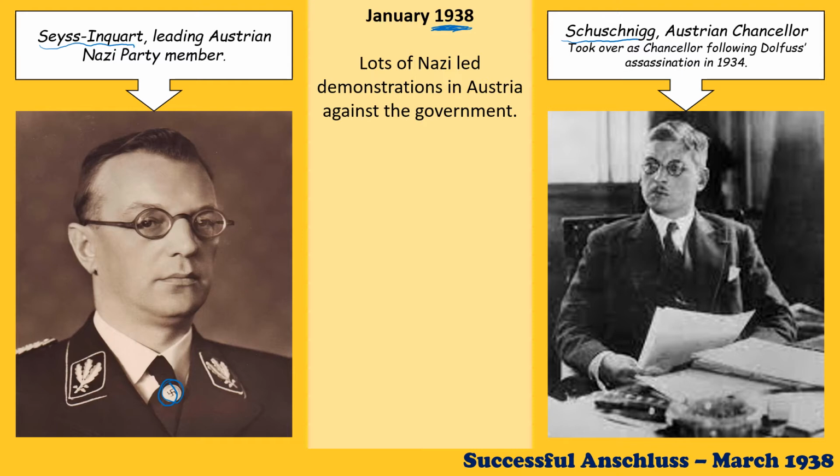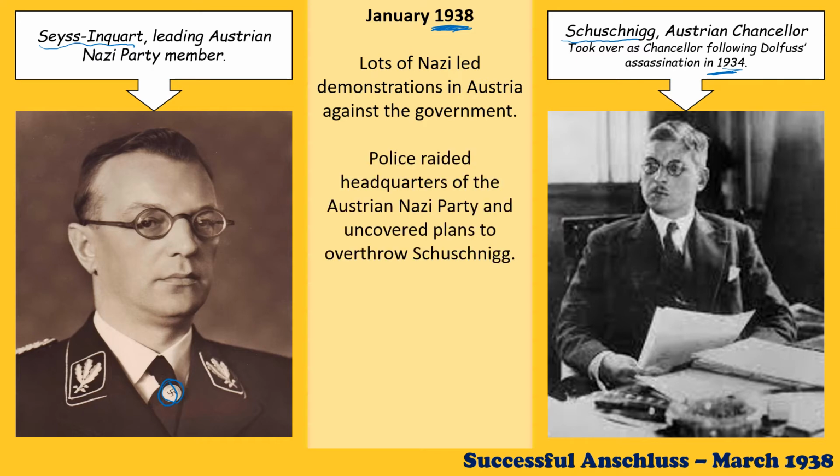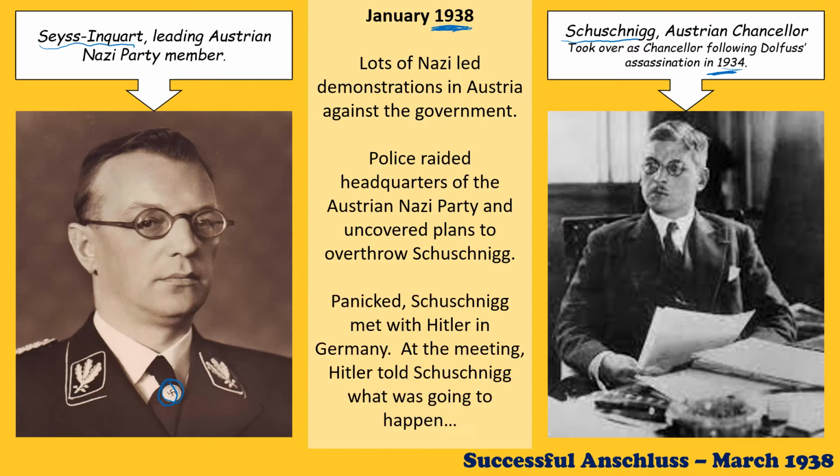Now, this guy Schuschnigg previously had said when he became the Austrian Chancellor that he was actually relatively happy to work with the Austrian Nazi Party. But in those 4 years that passed after his appointment in 1934, he realised that that would be increasingly difficult. So in January 1938, the Austrian police force raided the headquarters of the Austrian Nazi Party, and they were able to uncover plans which showed that they wanted to overthrow Schuschnigg. They wanted to get rid of him. And Schuschnigg knows exactly how the Nazis like to get rid of people who are standing in their way.